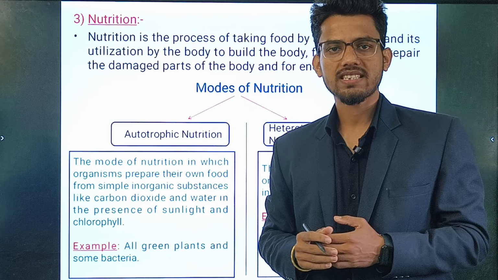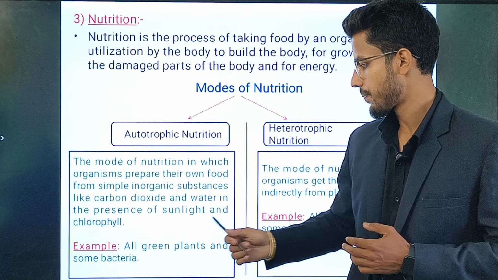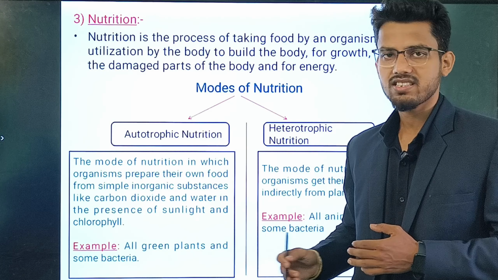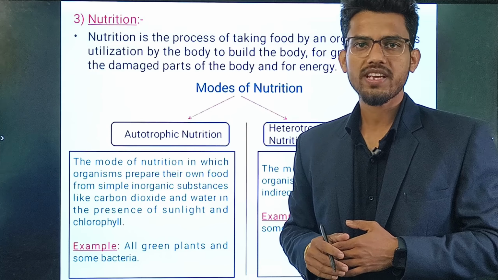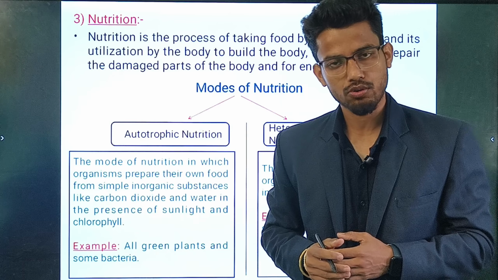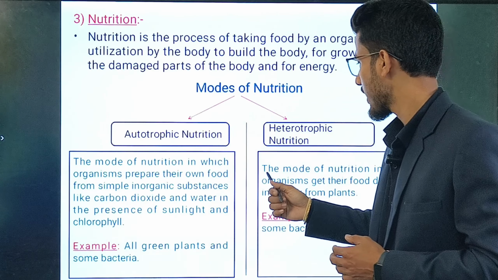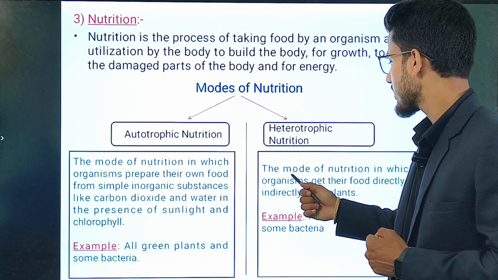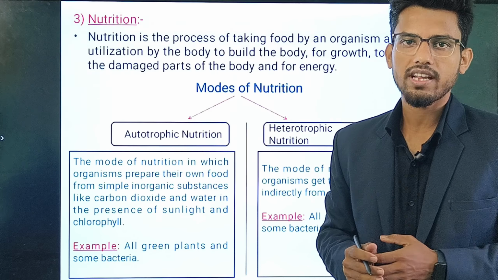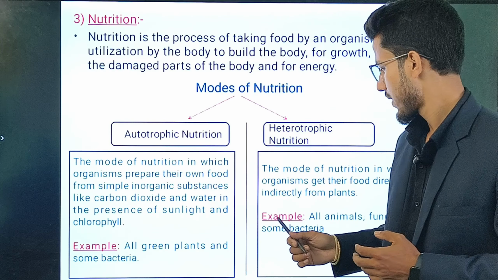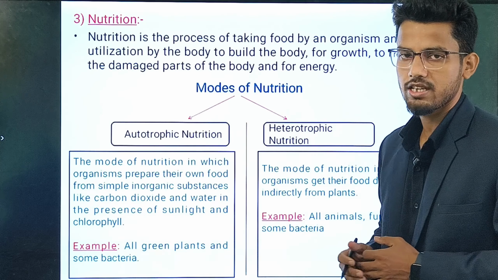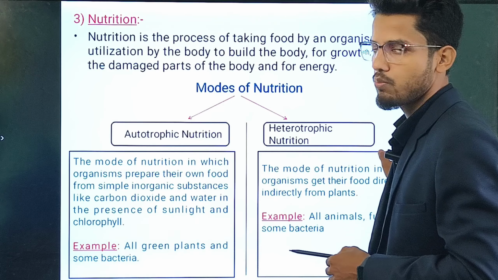Examples of autotrophic nutrition are all green plants that contain chlorophyll and also some bacteria. Among bacteria, we can consider cyanobacteria the most prominent example of autotrophic nutrition. However, heterotrophic nutrition involves organisms that are dependent on food directly or indirectly from plants. Some examples are all animals, fungi, and even some bacteria. So, moving on,